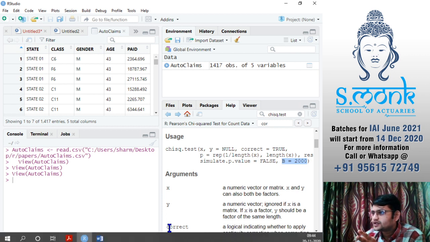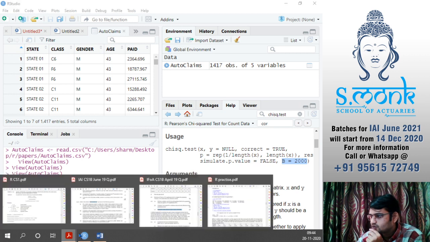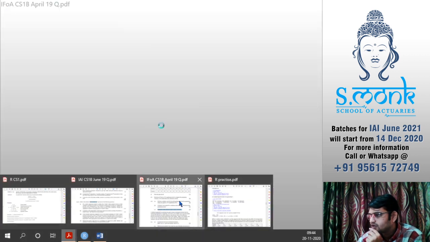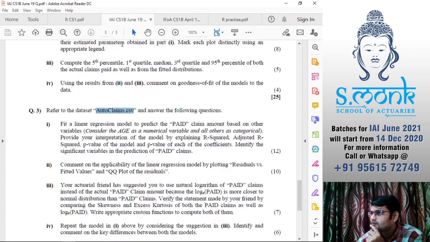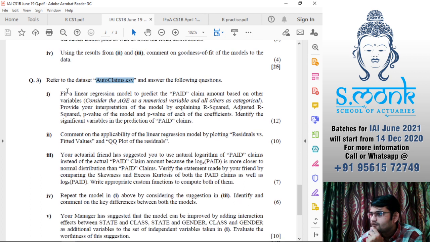Then let's say they are asking us to take a linear model. Fit a linear regression model to predict the paid claim amount based on the variables. Consider age as a numerical variable and all others as categorical variables. So here we have multilinear. This is not just linear regression.